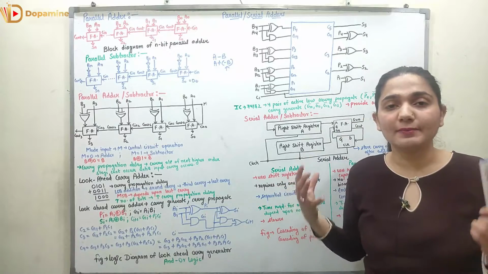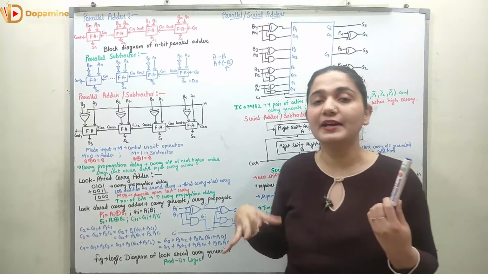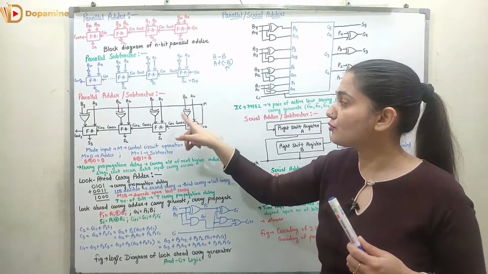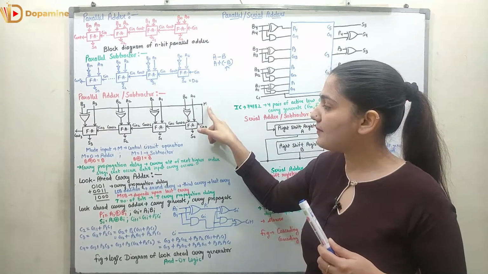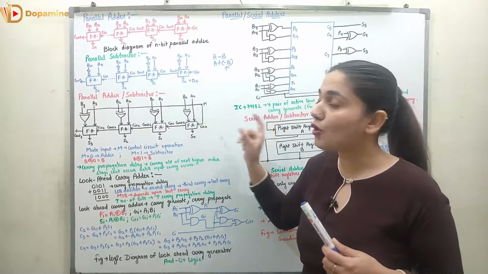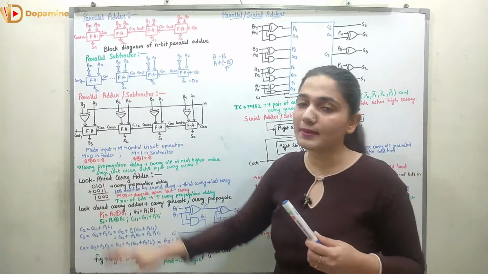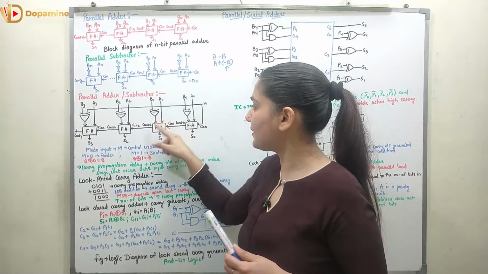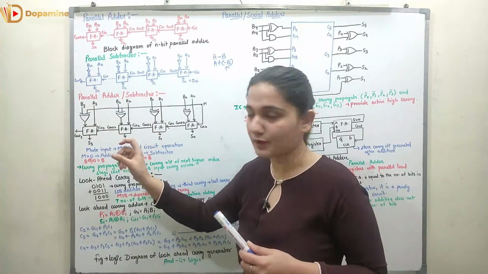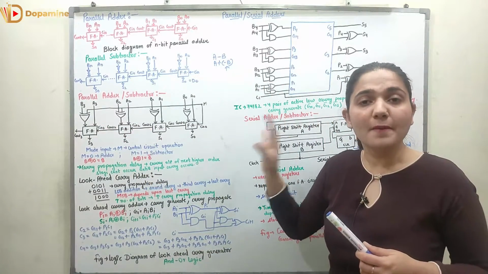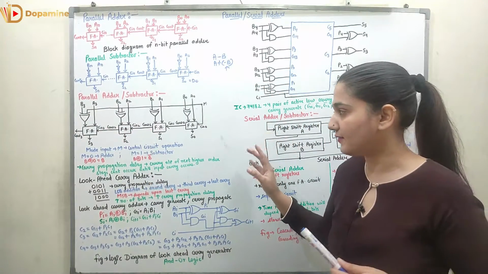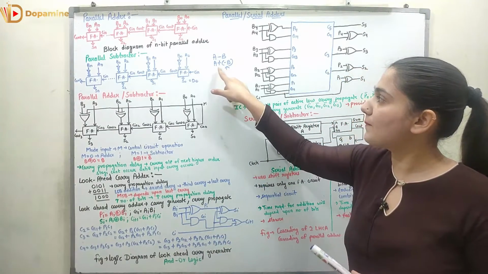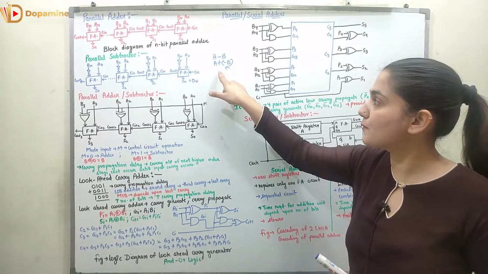Now if I want to club these two, if I want to club the parallel adder or subtractor, I can make this circuit. Here what I'm going to use, I'm going to use the XOR gate, right? Here M represents the mode input, and this mode input will control that this circuit will act like an adder or a subtractor. So here you can see this is my full adder 1, full adder 2, full adder 3, full adder 4, right? So I have made a 4-bit full adder or subtractor with the help of only full adders, right?